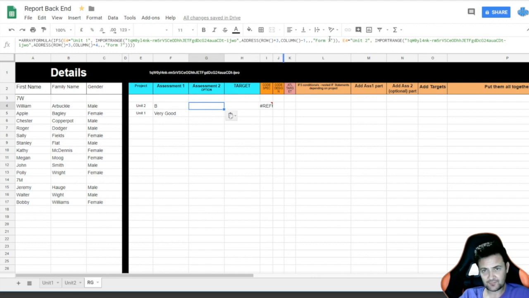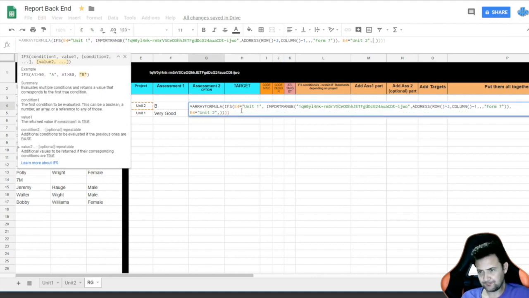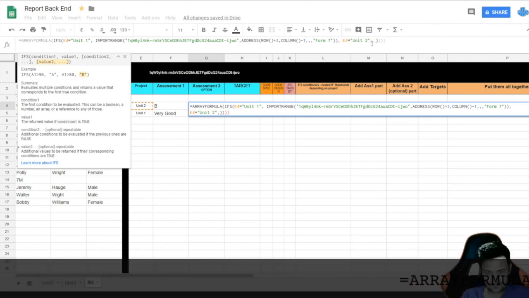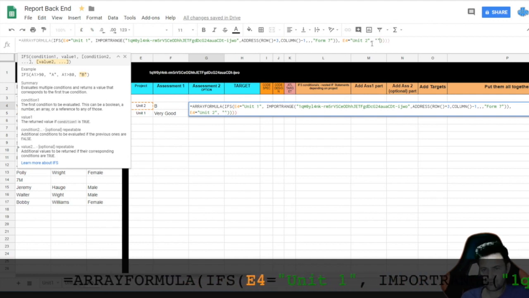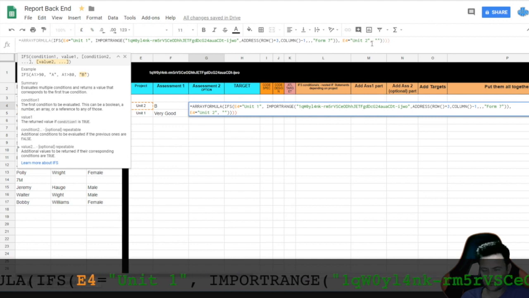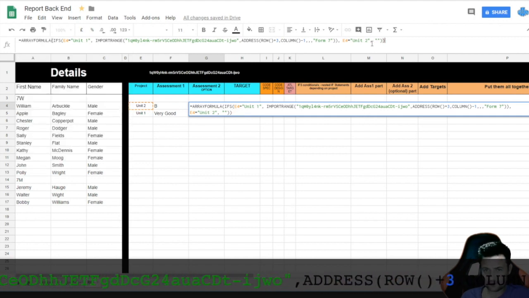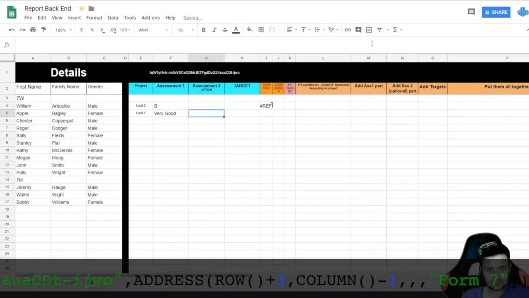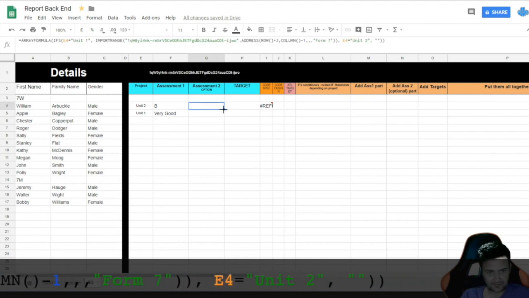So again, because of this, we're now keeping up with everything. Everything's changing from here. However, Unit 2 doesn't have a range. So I can actually delete this one, and instead what we're going to say is do nothing. So this will actually print the string of nothing, not a space. It's important that you do this, so you don't leave a space between these speech marks. And we take those brackets out. Okay, so that was there. Let's drag that down,